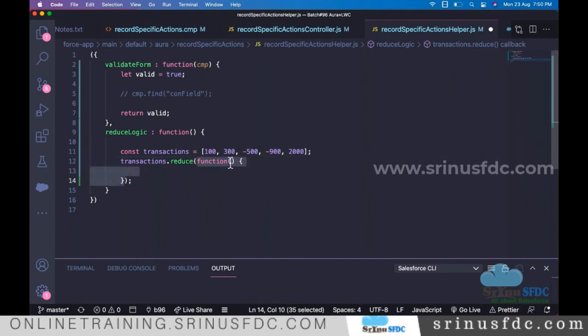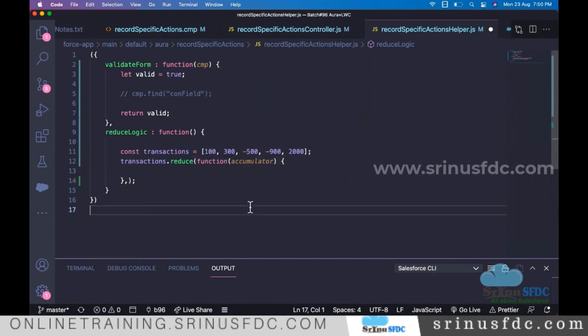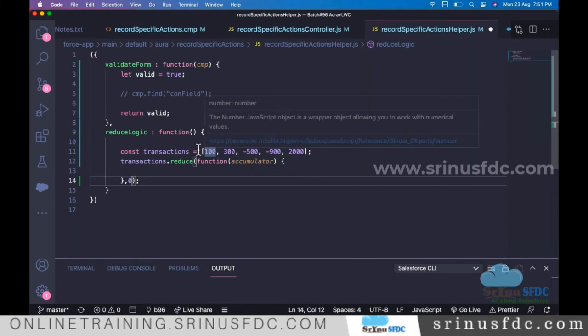What exactly will this function hold? Accumulator means what is the current value. Let's say the default value I'm giving as 0. I want to add all these numbers and return the final result.